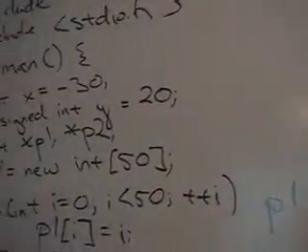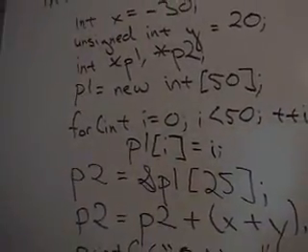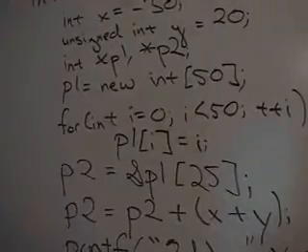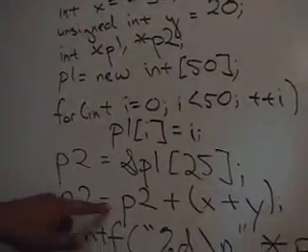So anyways, what we're going to do next is go into the middle of P1, element 25, and we'll take that address and put it into P2. And then from there, we're going to reassign P2 so that P2 is equal to the value of